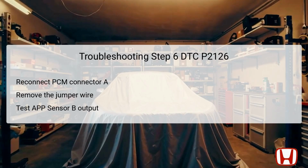This step involves reconnecting the PCM connector A after ensuring all prior tests are complete. Once secured, you will remove the jumper wire from the APP sensor's 6P connector and set up a new connection by joining terminals A and B for testing. After this setup, turn the ignition to the on position once again, preparing to check the APP sensor B output